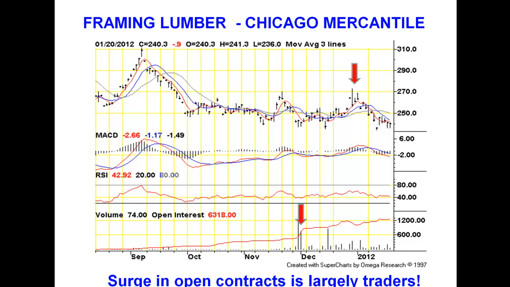And you can see there's been a tremendous run-up in the open interest this year. That's largely traders. Now, over time, their interest will shift. They will tend to be long, or expecting lumber prices to go up, in October, November, December. Then once the first of the year rolls by, they're going to change positions and gradually let these contracts roll off, close out their contracts, and generally they'll be out of this market by late spring.